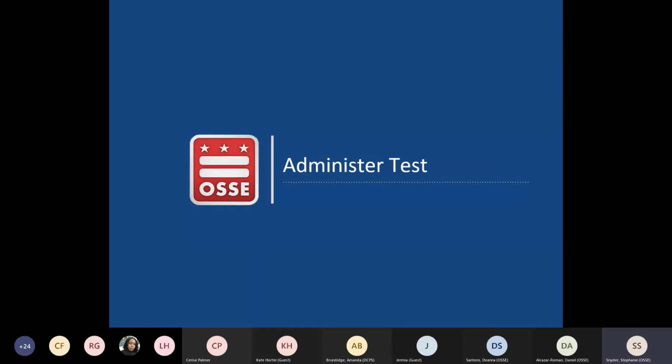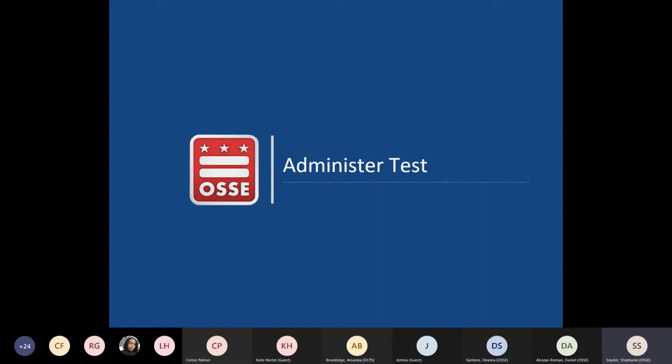Is the LEA test coordinator and the test coordinator the same person? So there are two roles that have test coordinator in them. The LEA test coordinator is the person at the LEA level who is responsible for testing throughout the LEA. There are also school test coordinators who are responsible for overseeing test administration at each school within the LEA.